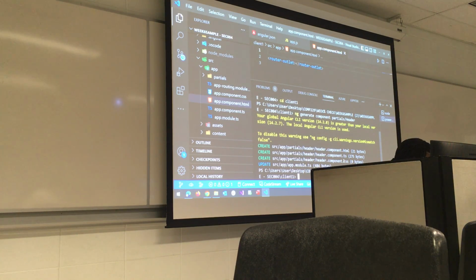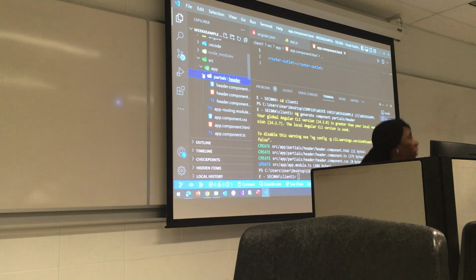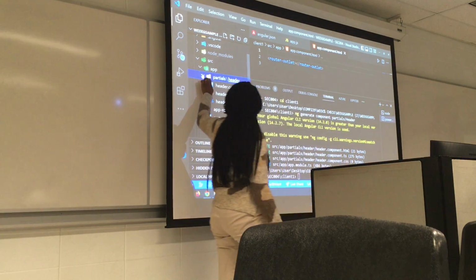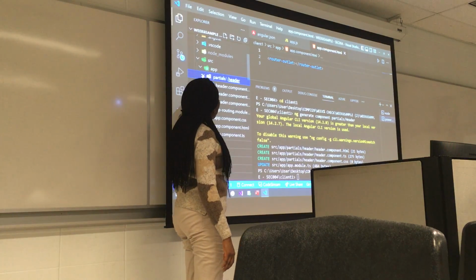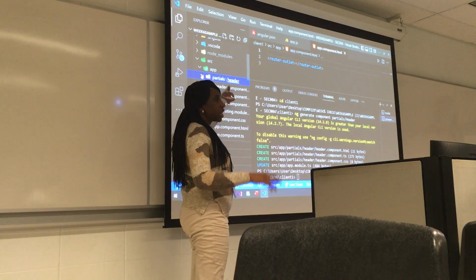So let's open the header.component.ts. So you see the partials folder. Click on that partials folder. We have the header. We've only created the header component.